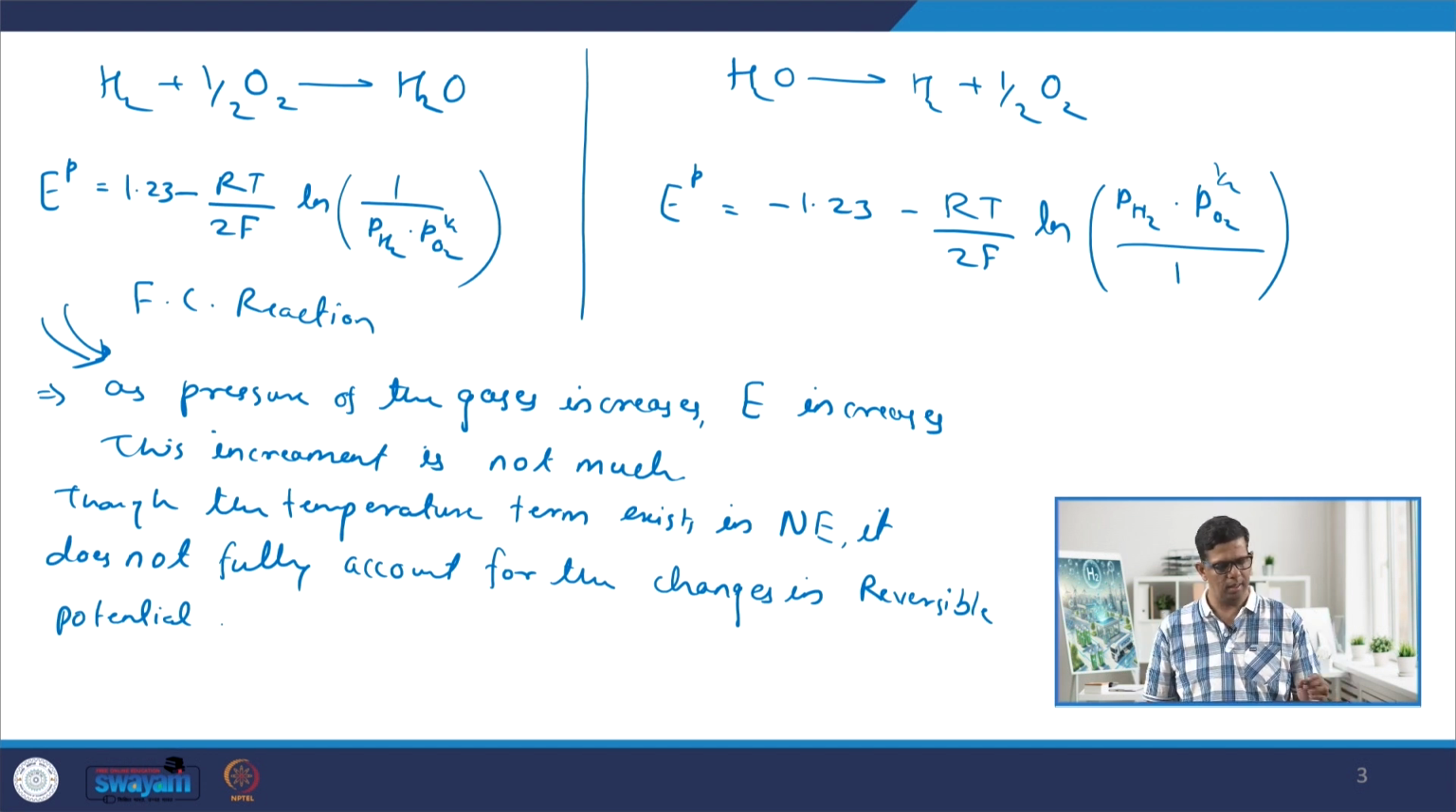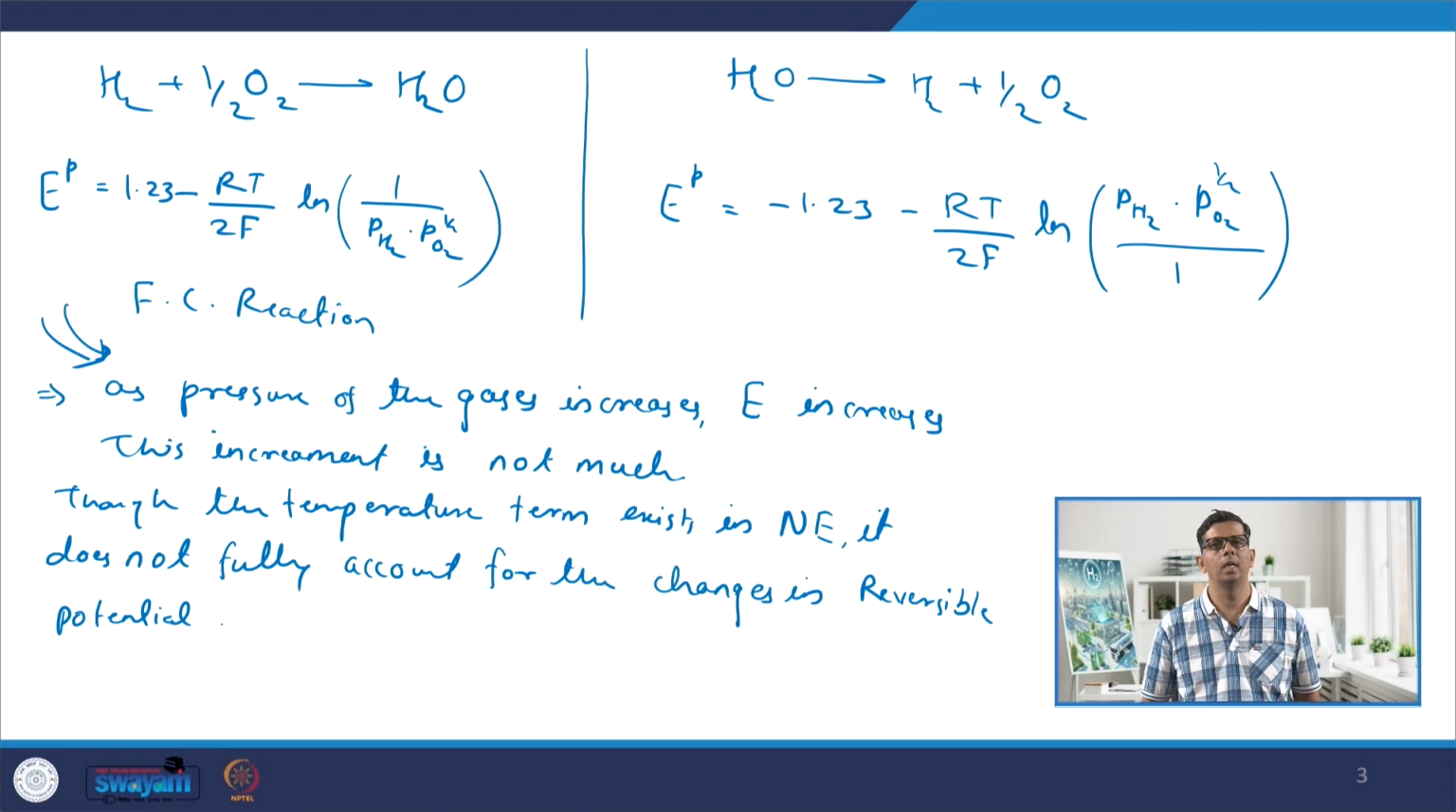As we can see here, in the case of the Nernst potential, as the pressure of the gases increases, as I have already written here, the potential also increases, but this increment is not much. There is a reason: the pressure increment or decrement is logarithmically connected with the potential rise or fall, so an increase in pressure does not linearly increase the potential. That is one of the reasons why fuel cells are not operated at high pressures, because there is not much gain in the potential. However, temperature, as we can see, exists in this Nernst potential,